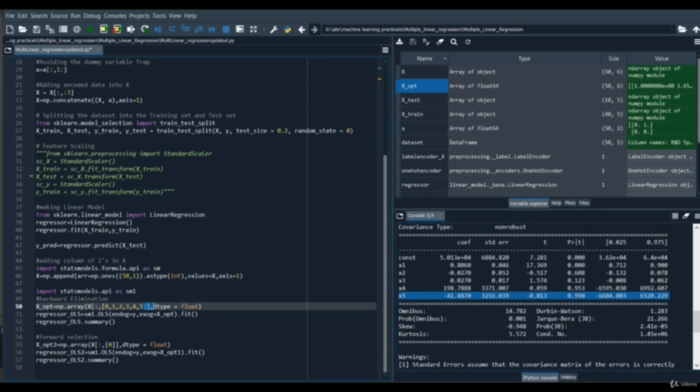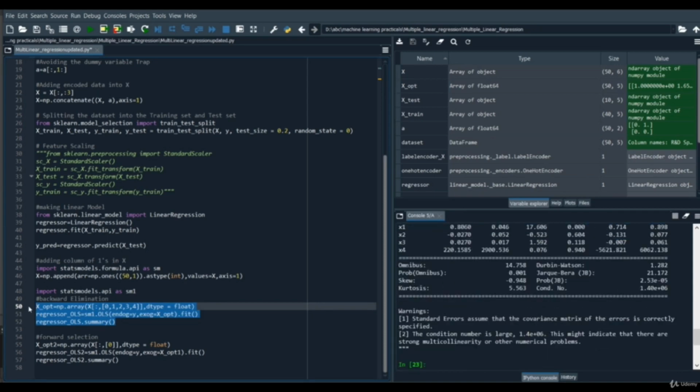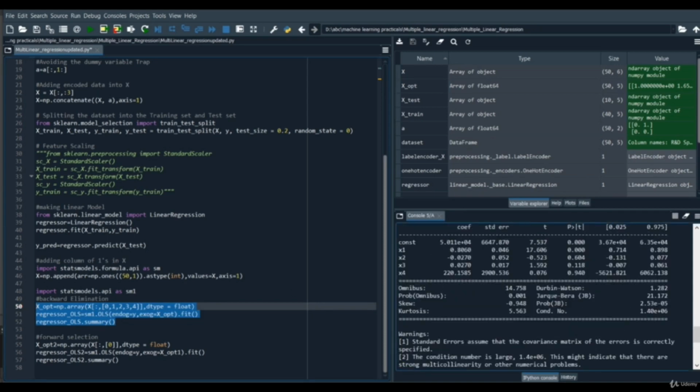So we are going to remove the fifth column from our X optional set, and now we are going to execute this line of code again and check the summary again. Now, comparing against the threshold value of 0.5, 0.94 is quite high, so it's also not related to our dependent variable. So we are going to remove the fourth column also. So let's remove the fourth column here.